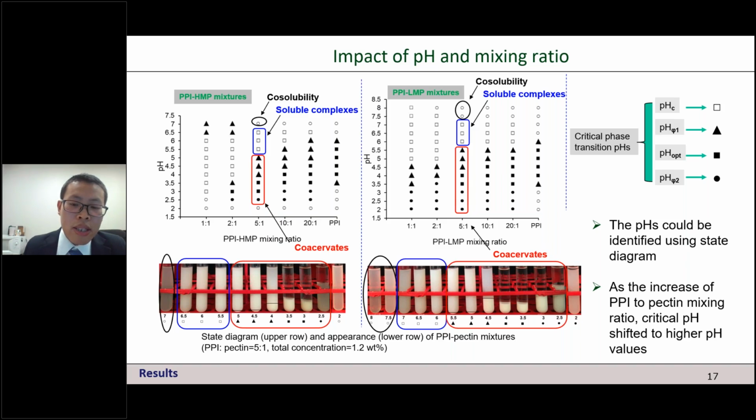As I stated earlier, these markers represent different phase transition pHs as I listed here also. Although phase behavior of precipitation and clear solution, the solid square in the state diagram, was comparable to the pH OPT as I determined by a turbidimetric method. However, the real pH OPT means the pH for maximum electrostatic